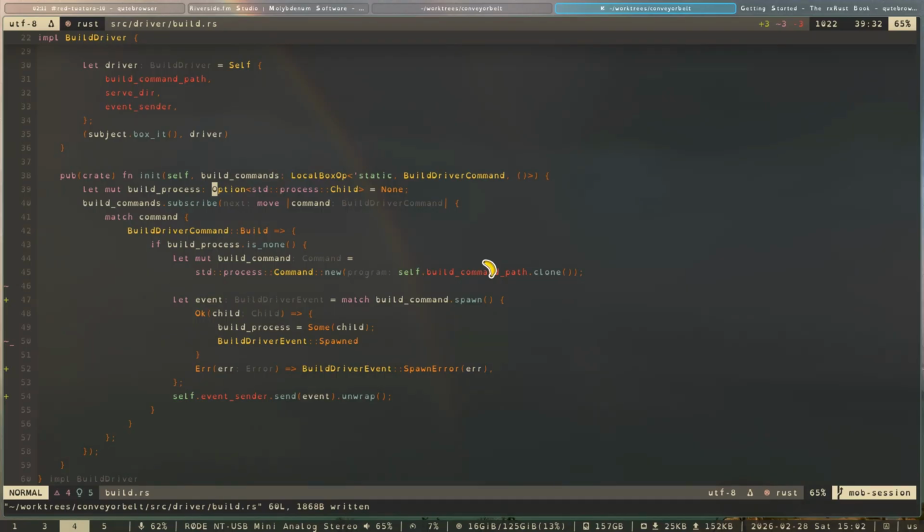But how will this state be handled? Will it ever be changed? Because if it's an option of a thread, right? It shouldn't be an option of a thread, should it? Maybe it should be just a thread that always runs. Yeah, since we have the build command path,